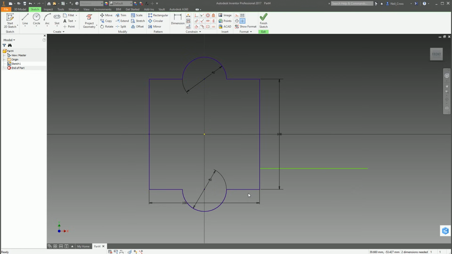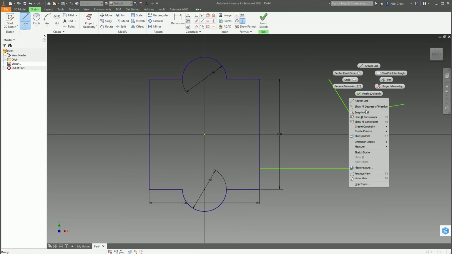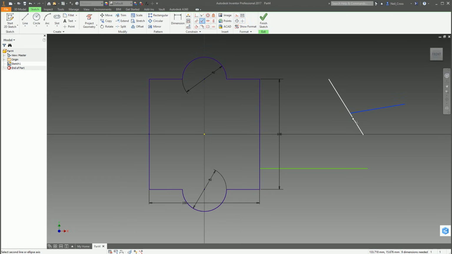Now you might be thinking to yourself, well, why didn't you just make that horizontal? Well, because this line here might not be vertical. This line here might be at 45 degrees and you still want that line to be perpendicular to it. So that's when you would use the perpendicular constraint. So for example, line, another line, right click, create a constraint, perpendicular between here and here.